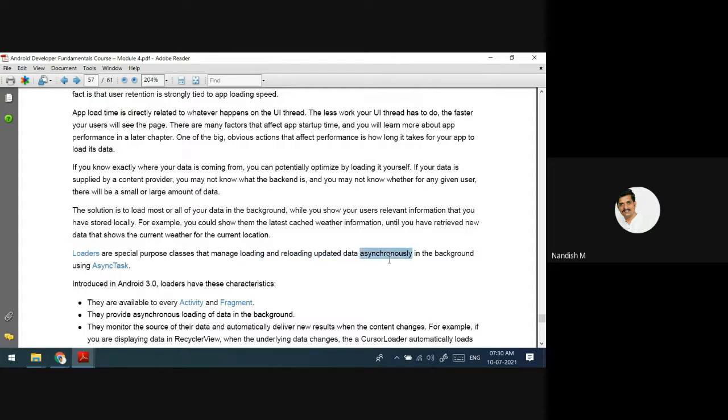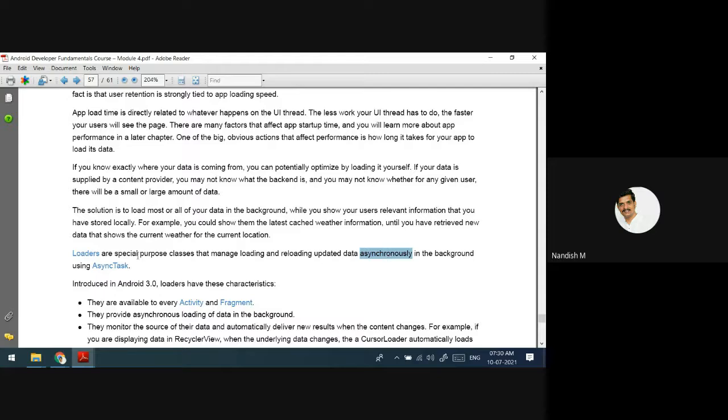What is the meaning of the word asynchronous? It means that even if you are doing some other work, the data gets loaded without disturbing your work. If you are clicking something, or if you are fetching the data from the database, that is not going to create any problem. You can do your work. The loader will update the data wherever it is required.